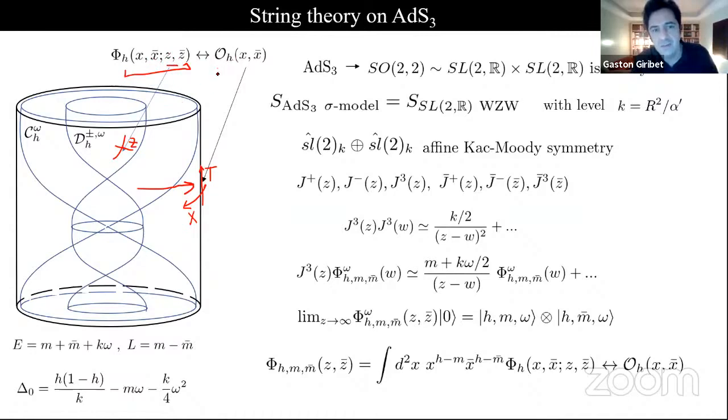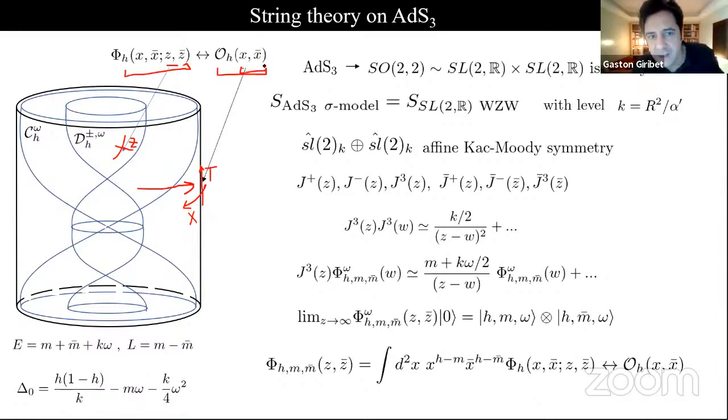And in the boundary, I have these operators with certain conformal dimension h that live in the dual CFT. What can be tricky here is that we are talking about two different two-dimensional conformal field theories: the worldsheet conformal field theory and the dual conformal field theory. In this case, both of them are two-dimensional. So let me focus on that, just to pay attention so you don't confuse the coordinates,